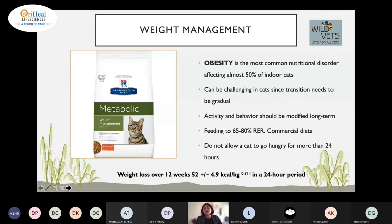They don't know whether they will have access to the resources later. Okay. Less exercise sometimes. Outdoor cats have a lot more exercise. Again, we will be talking a little about this. So weight management in cats can be very challenging because in any case, transition of diets needs to be very